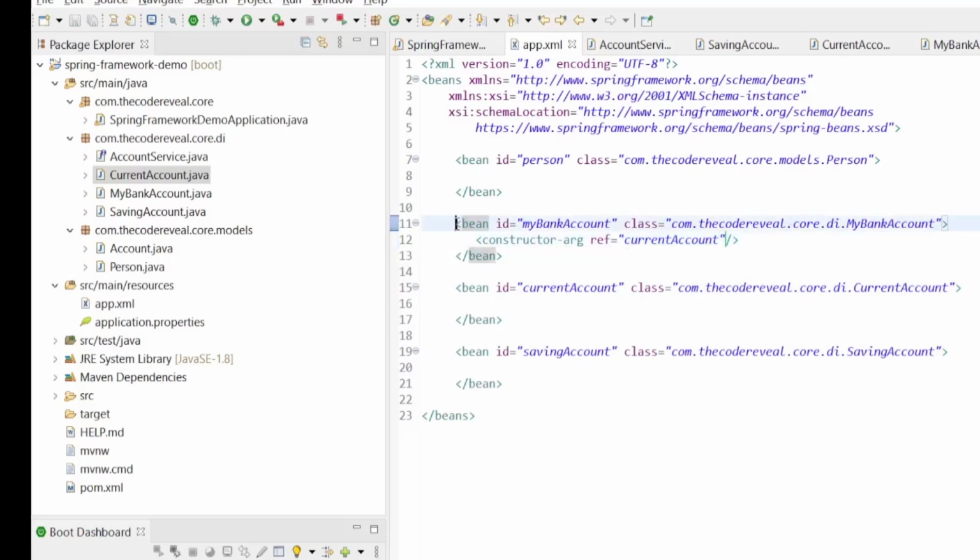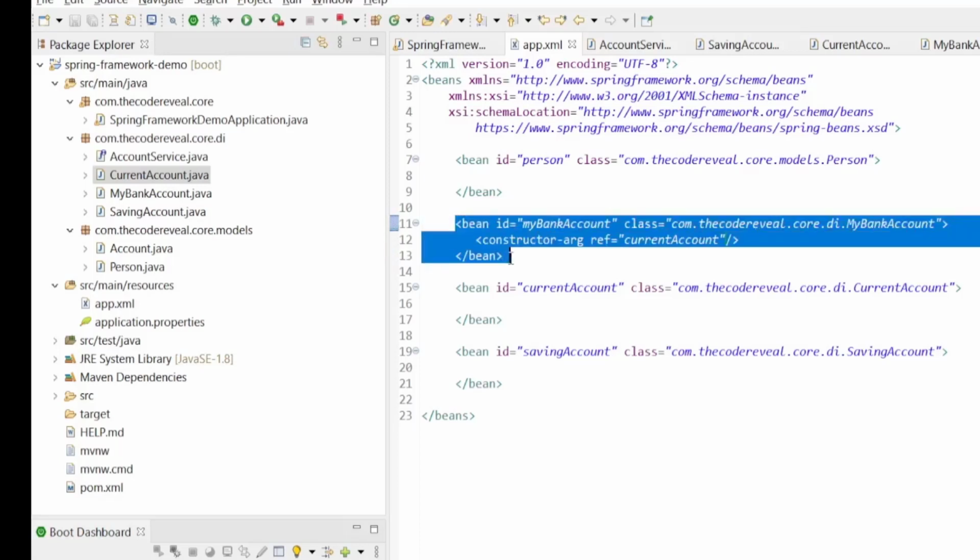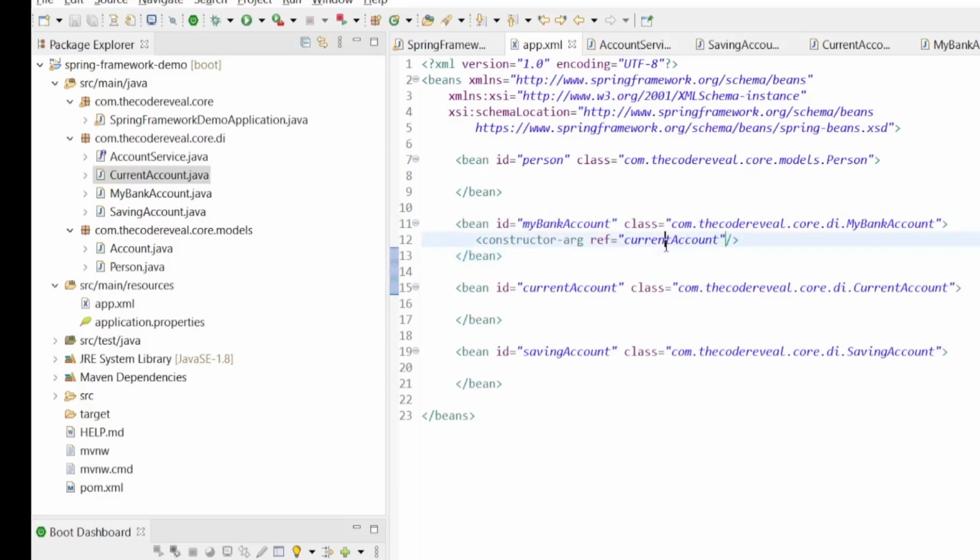So we are passing the current account in the my bank account constructor. We can change this to saving account. If we need saving account, we can pass saving account in the reference.